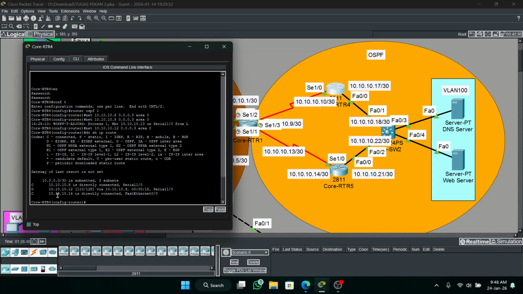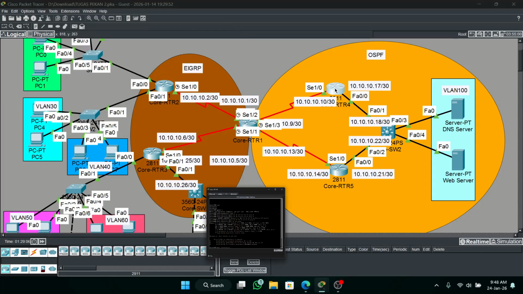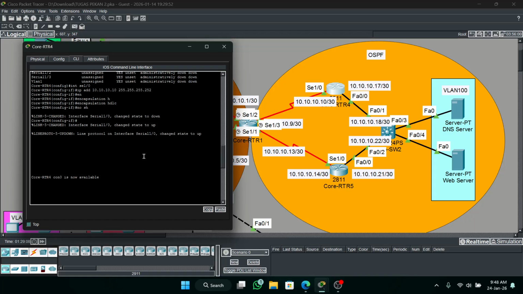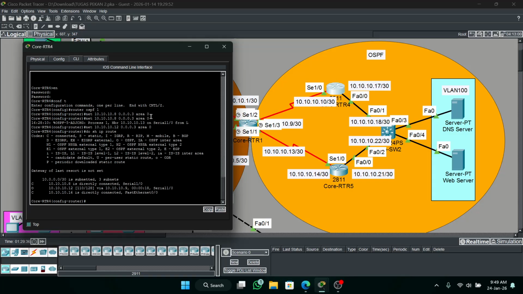Oh, OSPF 10. Wait, I think I was wrong. Okay, sorry guys, I was wrong here.